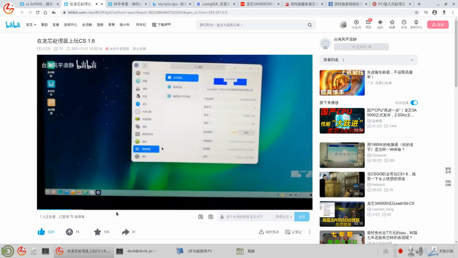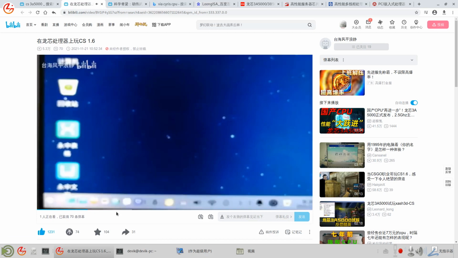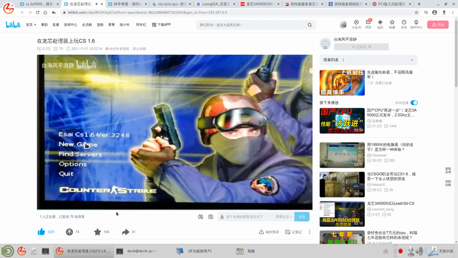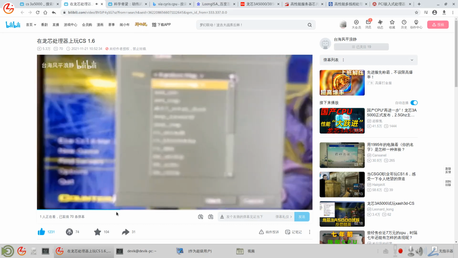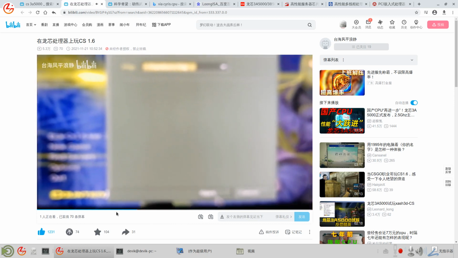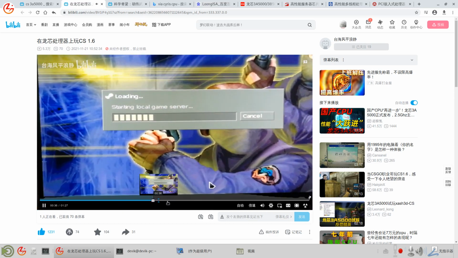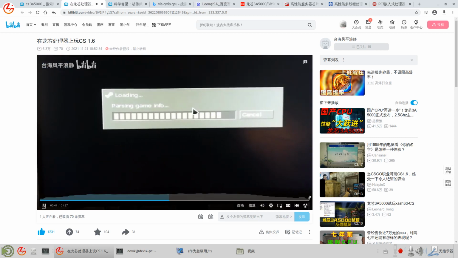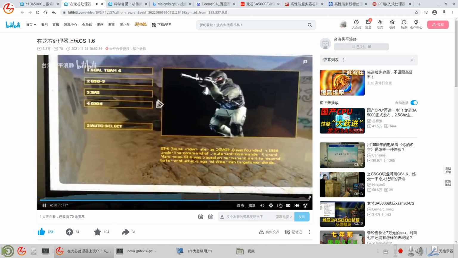UOS, another OS by Chinese Linux. Now they are using LoongArch inside to play CS smoothly. Okay, and you can also check my videos about the 3A5000. There are also demonstrations about how they use the apps, and Photoshop or something they can also use. I will show you soon. You can see here, CS playing smoothly.